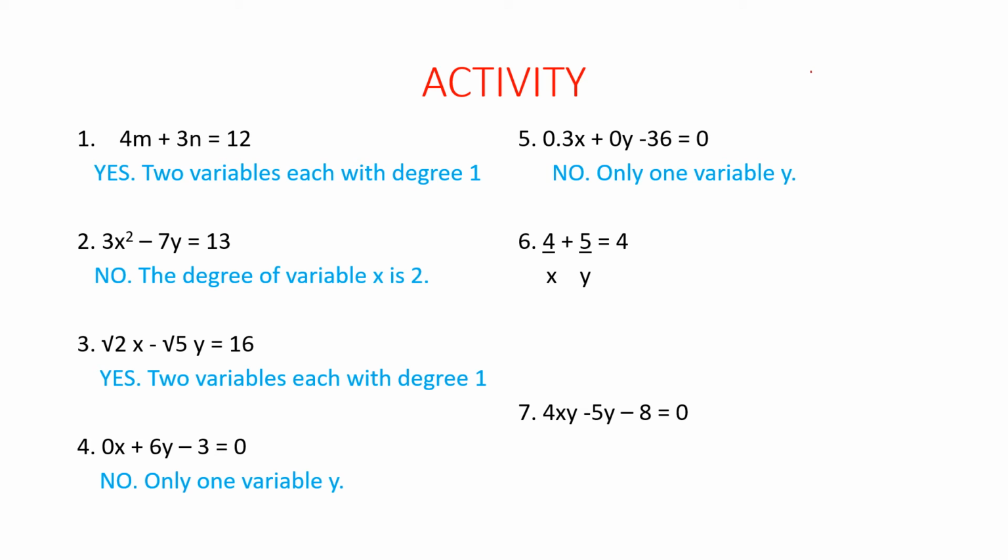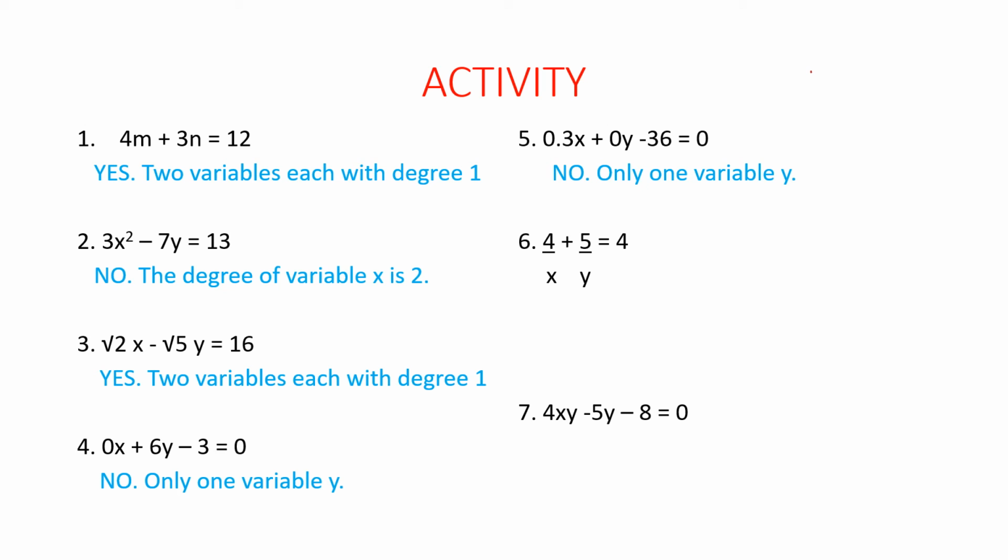Now next, 4 upon x plus 5 upon y is equal to 4. See, if you see here, our x and y are in the denominator. Now, everywhere else, if you see the equations, the variables are in the numerator, or they are in the proper form, right? So here, x is not in the numerator, or you can say, in this case, if I try to